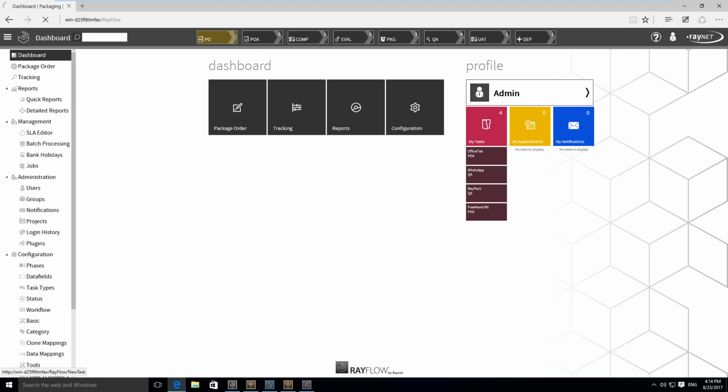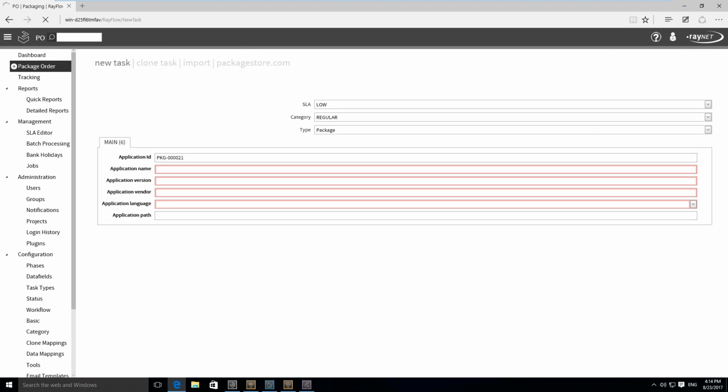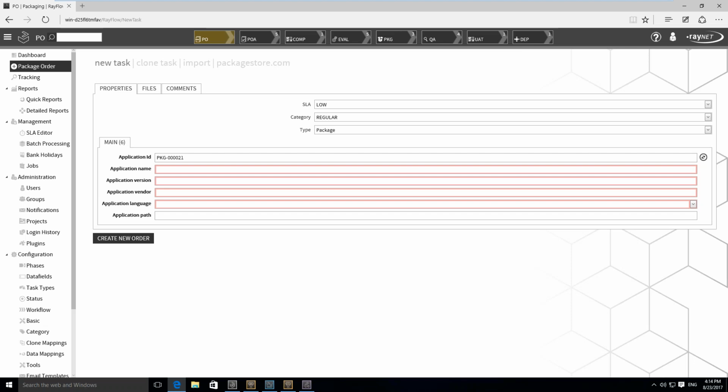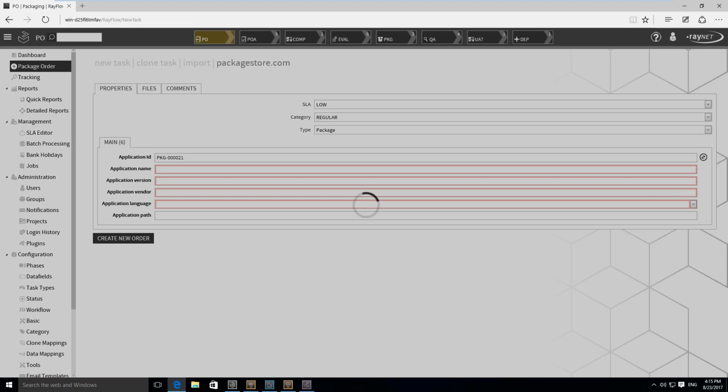So let's go first to the audit interface. I'm actually not ordering a new package. I've just done this to save some time. But one of the interesting things that the 5.0 release brings is the new view to import your packages. It has always been possible to create a new task just from scratch by typing manual info, to clone or import. But this new view, the package store,